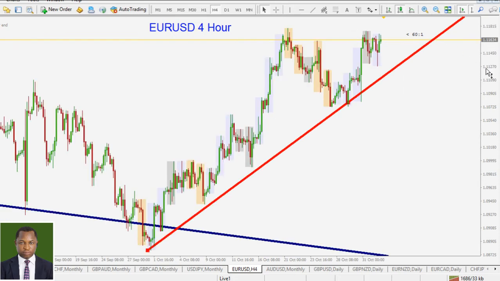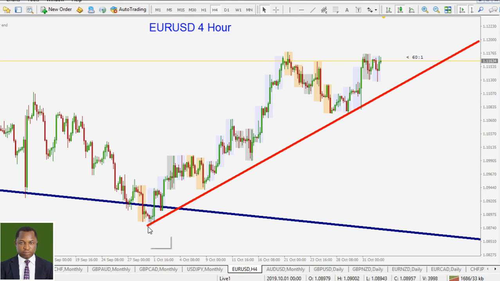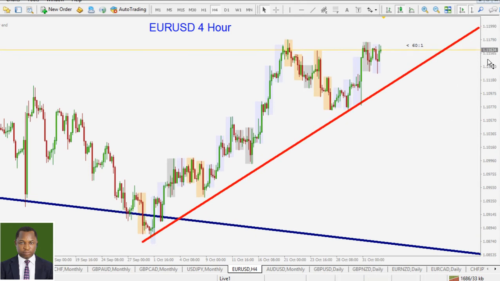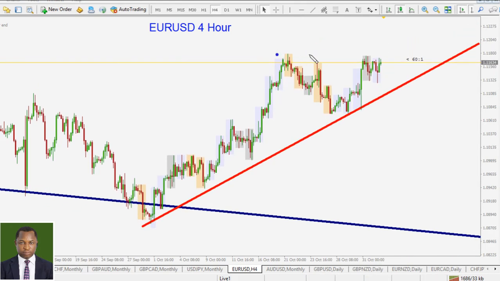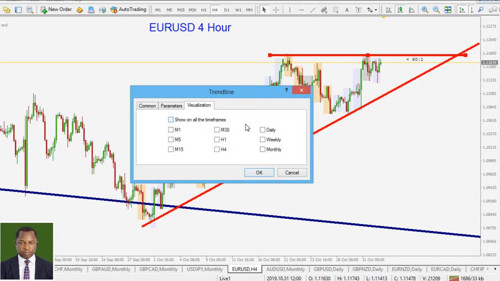Let's come to the forward time frame. Let me just get my lines accurate. Oh, sorry about that. Okay, so in the forward time frame, we are just going to mark these two levels, this one here and this one here. That's a double top. Let's see if it gets broken to the upside. All right, so change this color to green, and also I'd like to keep it just within the daily forwards.